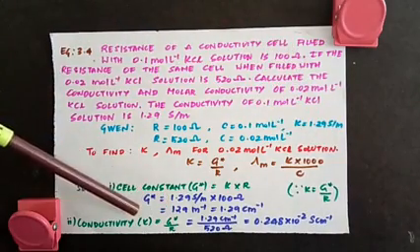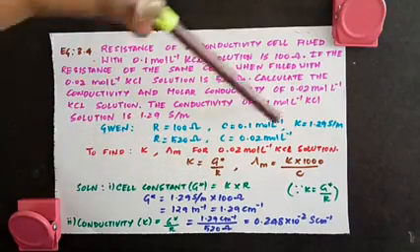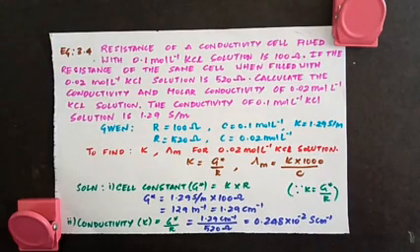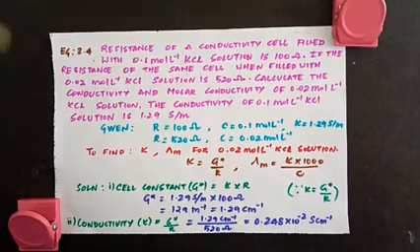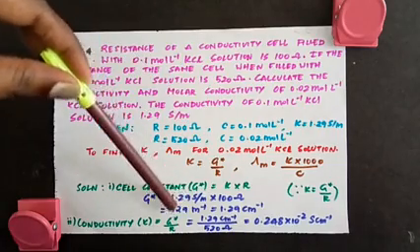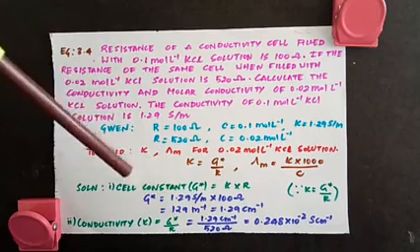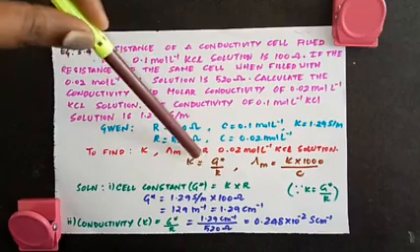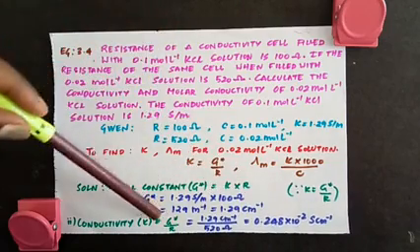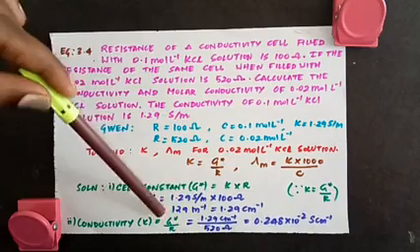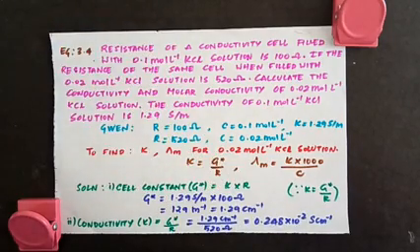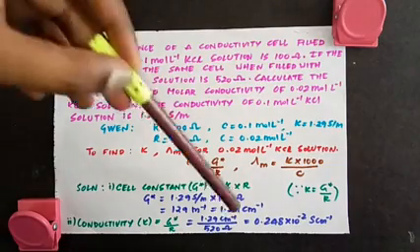So G star is equal to, what is kappa? 1.29 Siemens per meter. So now I am going to do the calculation with centimeter. I am going to get the del m value in centimeter square. So I am converting this 1.29 Siemens per meter into, now look here, 1.29 Siemens per meter into 100 ohm, which is the resistance. I am getting 129 meter inverse, and I am converting this into 1.29 centimeter inverse. So meter to centimeter I am converting. Now I am going to use this value for the further calculation.